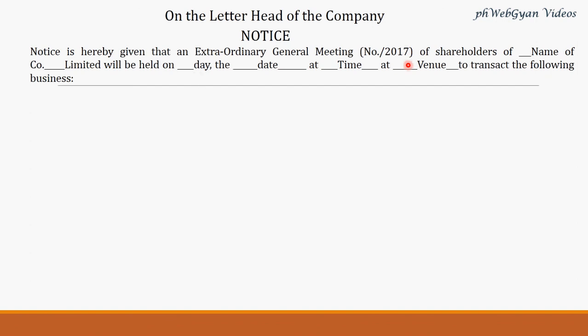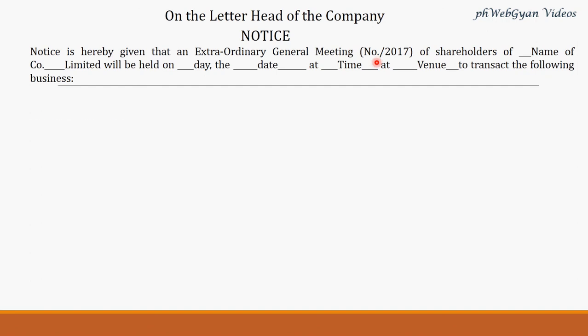of our topic. Clear? Then there is a certain thing which I have mentioned here, which is talking about the number. So the number of the EGM is to be mentioned. Here the important point to be noted is, in case of annual general meeting, it has to be consecutively numbered. Clear? Like first AGM, second AGM, third AGM, fourth AGM, fifth AGM. But in case of EGM, you can write it in brackets, like it is the first EGM for 2017, like it is the third EGM for 2017. But in case of AGM, you have to write that it's the first AGM of the company, it's the fourth AGM of the company, 192nd AGM of the company, whatever the case may be.